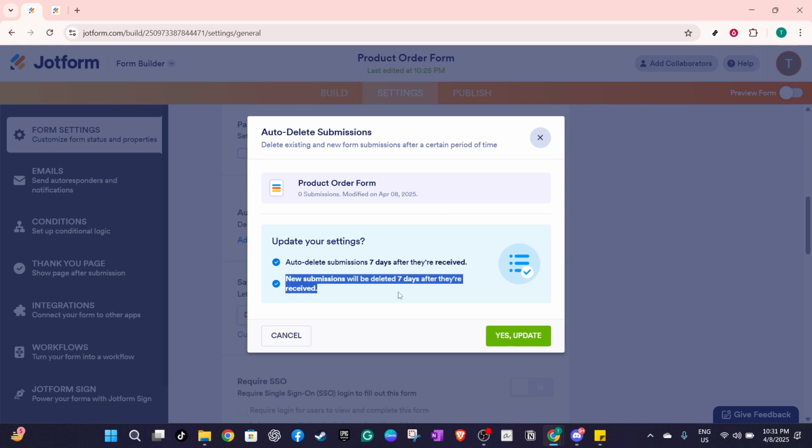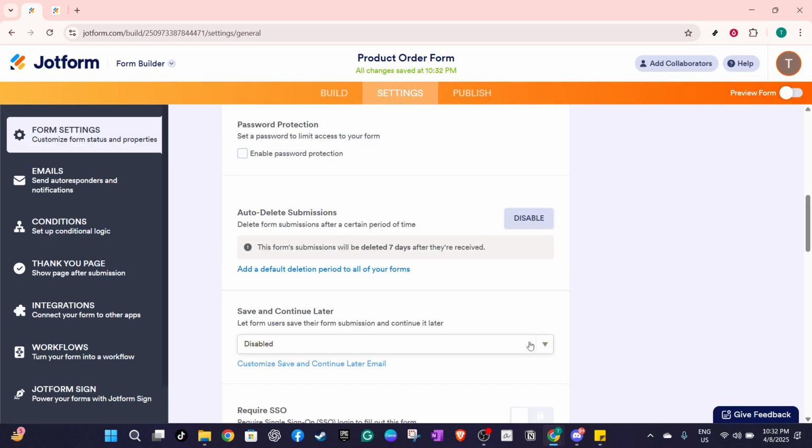Make sure everything is set according to your preferences, as this ensures that your data management is both efficient and secure. When you're confident everything is correct, click Yes Update to save and apply these changes. And there you have it. By following these straightforward steps, you've successfully configured your form to automatically delete submissions, freeing up space and keeping your